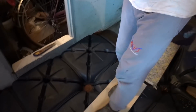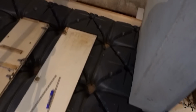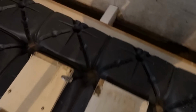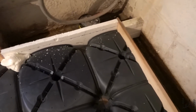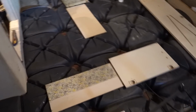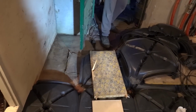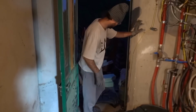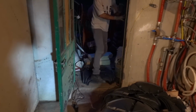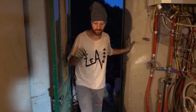I went to buy the last 5 pieces that were missing. I've been cutting them all to the right size. Also here. I still need to put 1, 2, 3, 4 pieces. Cut them. I'm still cutting them, and then tomorrow we will be ready to put the plastic spacers for the